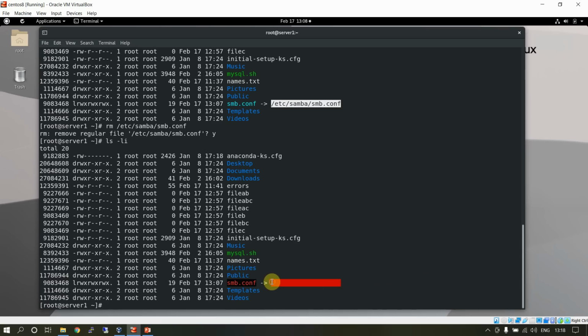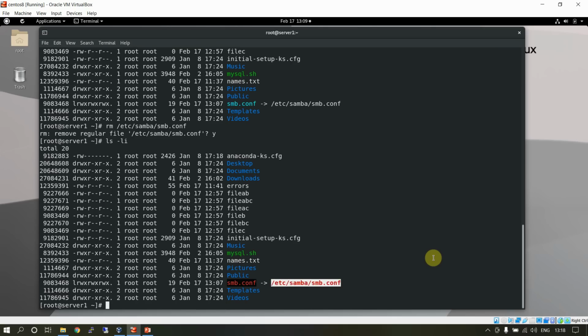This pointer becomes a dangling pointer. This means the original target file is deleted, and you have a pointer which is pointing to a file which really does not exist, and this is called a dangling pointer. Basically, the soft link creates a dangling pointer with a different inode number. The hard link creates the pointer with the same inode number, and in that case you just have a copy of the same content available with two different names. In order to remove the content completely, you need to remove all the hard links to that file.